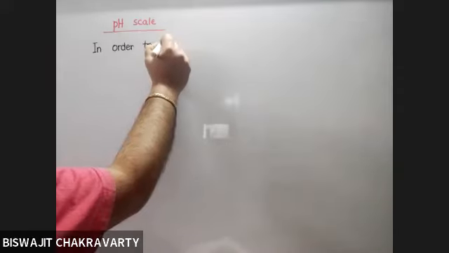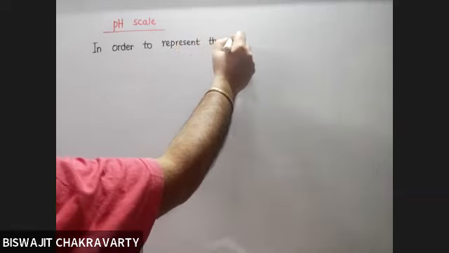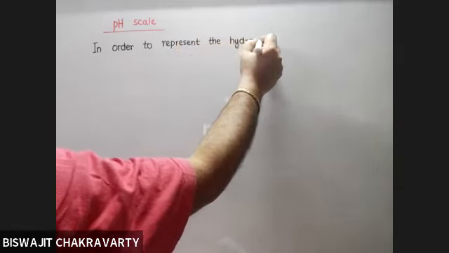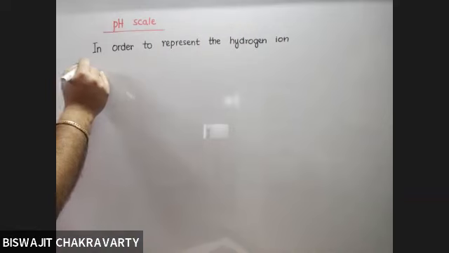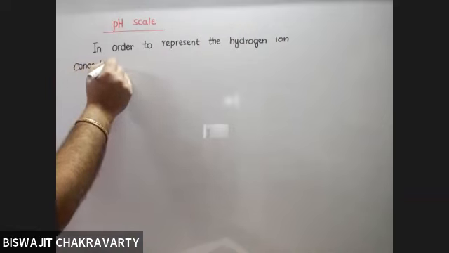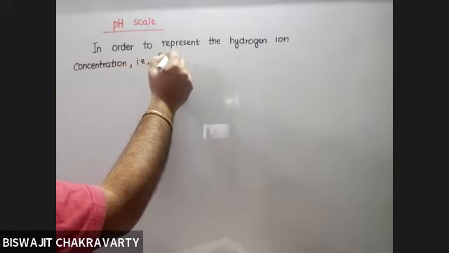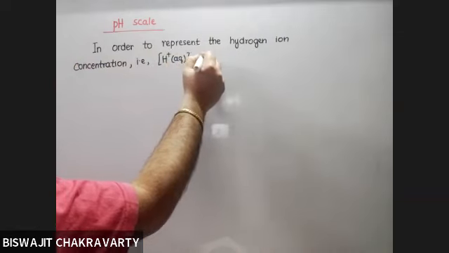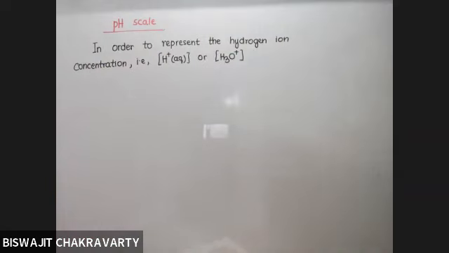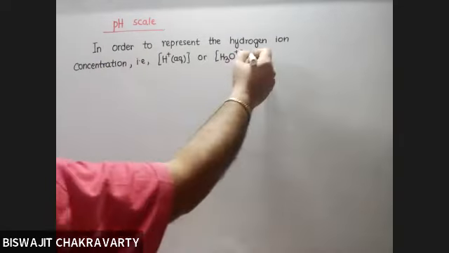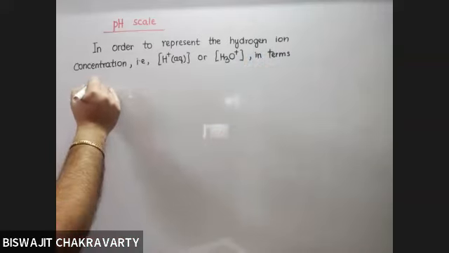In order to represent the hydrogen ion concentration, that is H plus aqueous or H3O plus, any one of them. Both are same. In terms of molarity,